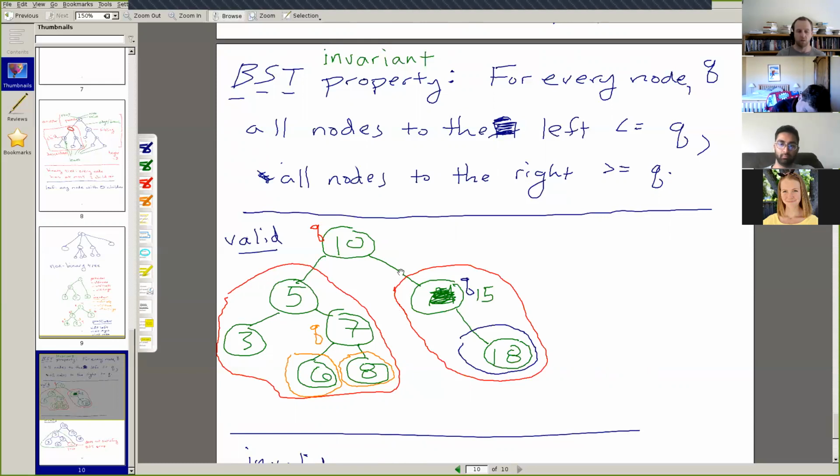This fact that we're able to prune off entire subtrees at each iteration of our search is what's going to make binary search trees fast on these insert and lookup operations. So the algorithm is fairly intuitive. You start at a location. If the number you're searching for is less than that location, you go to the left. If it's greater than, go to the right. And you keep following that until you find your location.